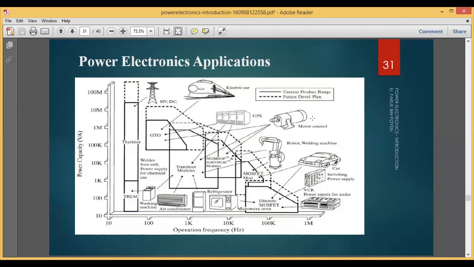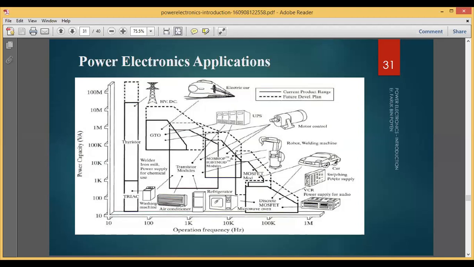Then we have motor control. You may have seen motors everywhere. You can take a basic example, that is the fan. You can go for turbines, and for the windmill. You can see the long windmills, right? There is a generator to which the motor is connected; there we can use it. Then we have robots, and welding machines in cars.